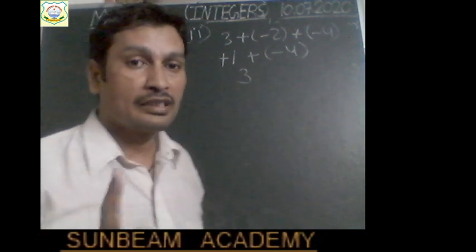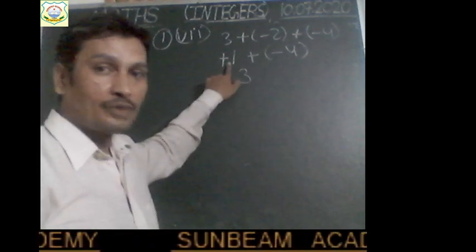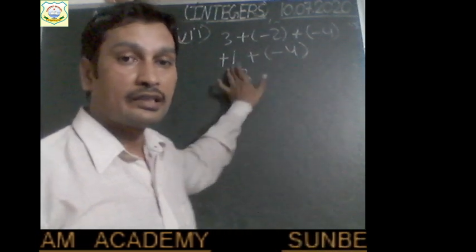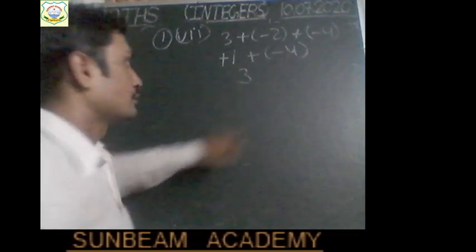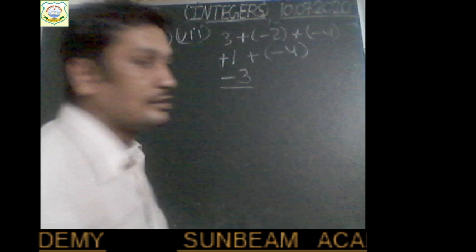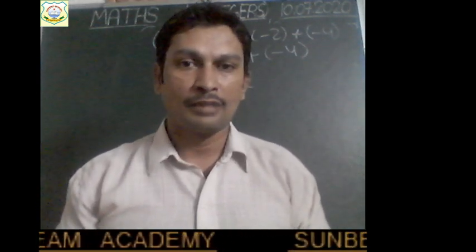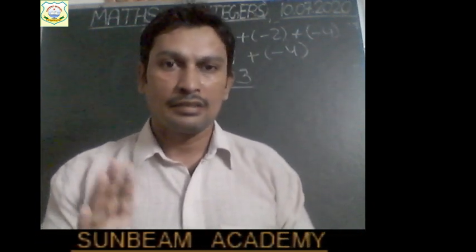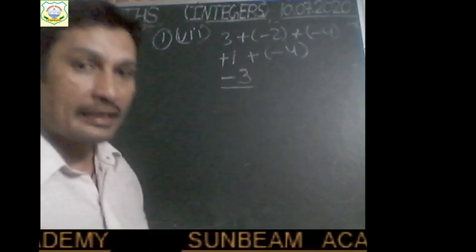So firstly see which integer has the greater absolute value. The absolute value of plus 1 is 1 and the absolute value of minus 4 is 4. Of course 4 is greater than 1, so we will use the sign of 4 here, that is the minus sign. So in the answer put a minus sign, and this is the answer. Right, children? So this is how you have to solve question number 1. Other parts I think all of you have solved. If not, you are supposed to solve them today only. Okay? So let us move to the second question now.